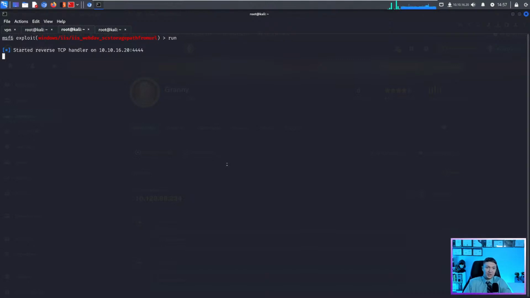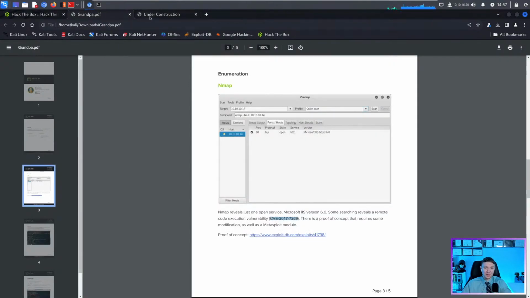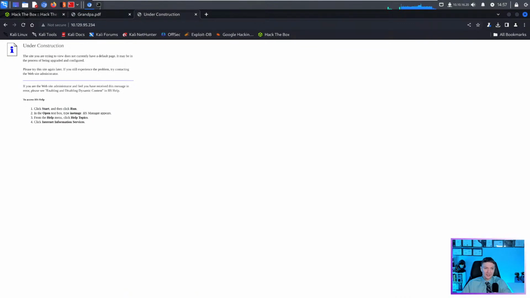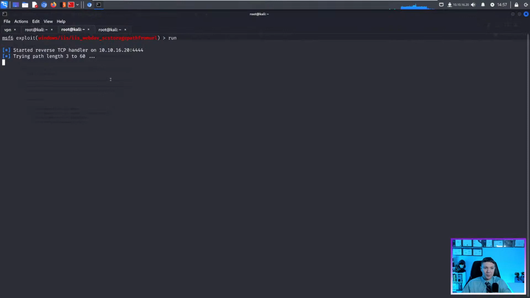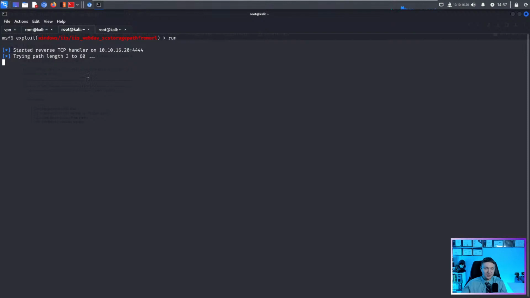I think it is running the same version. I mean, it's giving us the same default page, so I think there's a high probability that Granny's initial access is the same exact way as Grandpa's initial access. But we'll see. There might be a different method in here, a different way of exploiting this. This will probably break the machine, so it might mess up our nmap scan, unfortunately. If this doesn't work, then